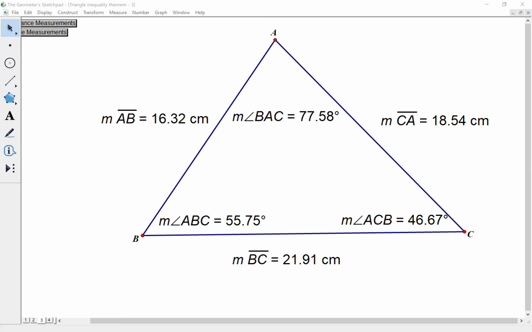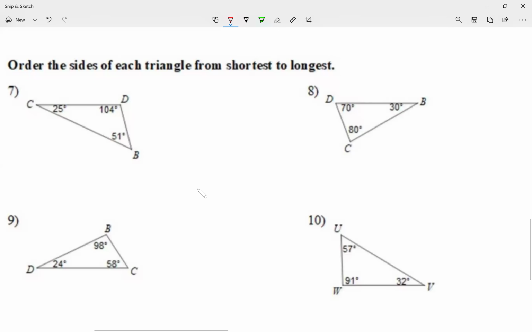Well, this is the smallest angle, right? Interesting. The smallest angle is opposite from the smallest side. The biggest angle is opposite from the biggest side. So given the measurements of the angles, I should be able to find out which side is bigger and which side is smaller. So looking at question number 7,